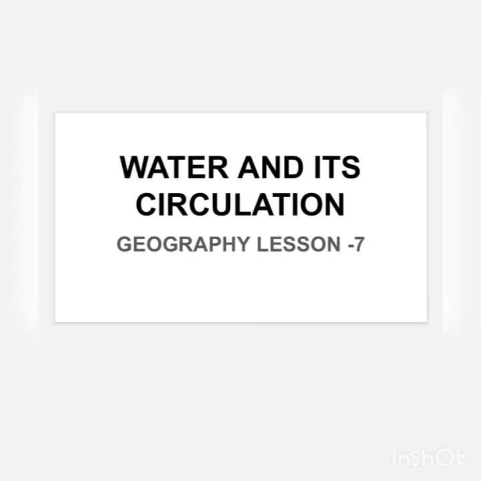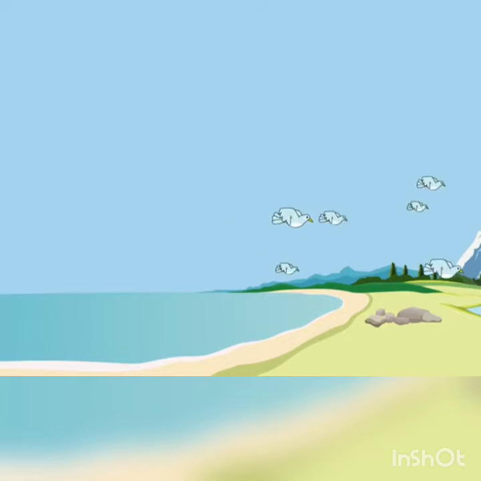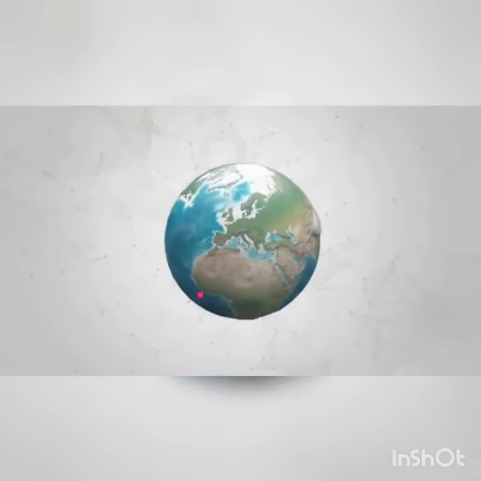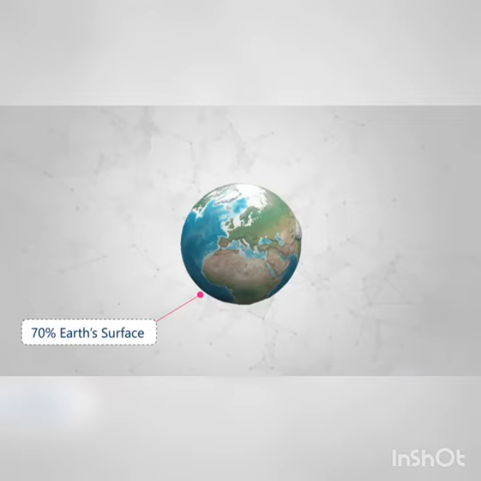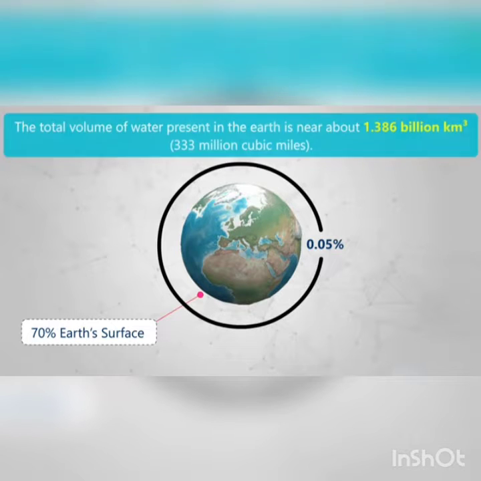Water is the basic element of nature, and it is the main source of life in our earth. It covers 70% of the earth's surface, but actually, it represents 0.05% of earth's total mass. The total volume of water present in the earth is near about 1.386 billion cubic kilometer, 333 million cubic miles. Out of this volume,